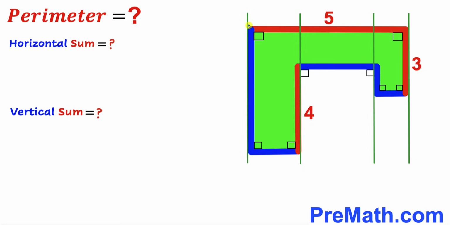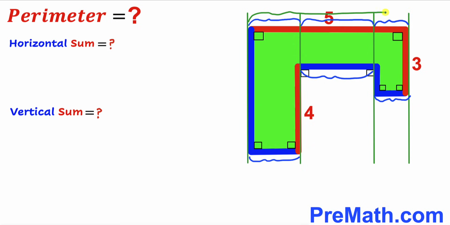We can see that this individual segment length is going to be equal to this individual segment length. This segment length is equal to this segment length. And finally, this segment length is equal to this segment length, and we know this whole length